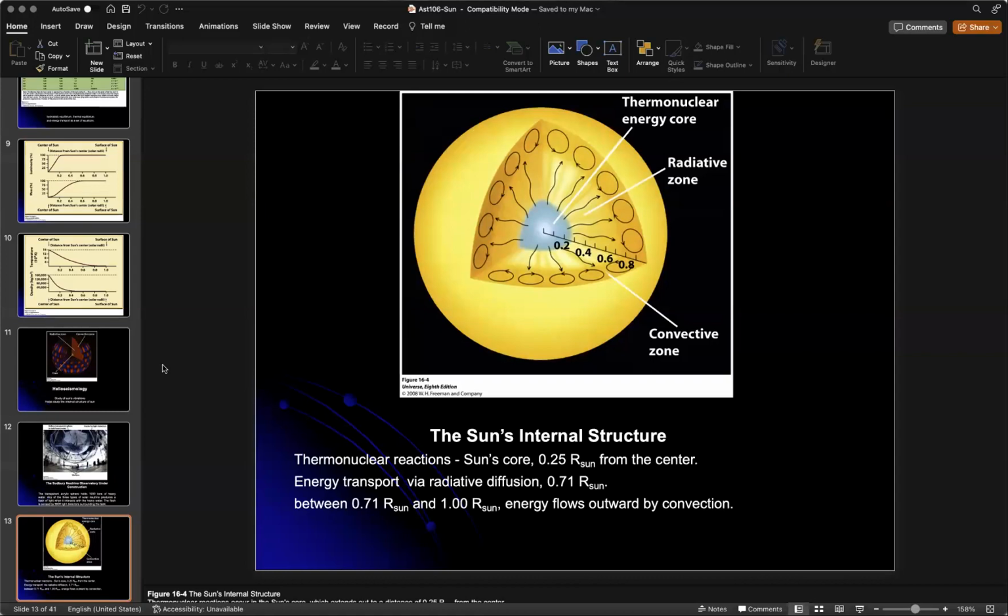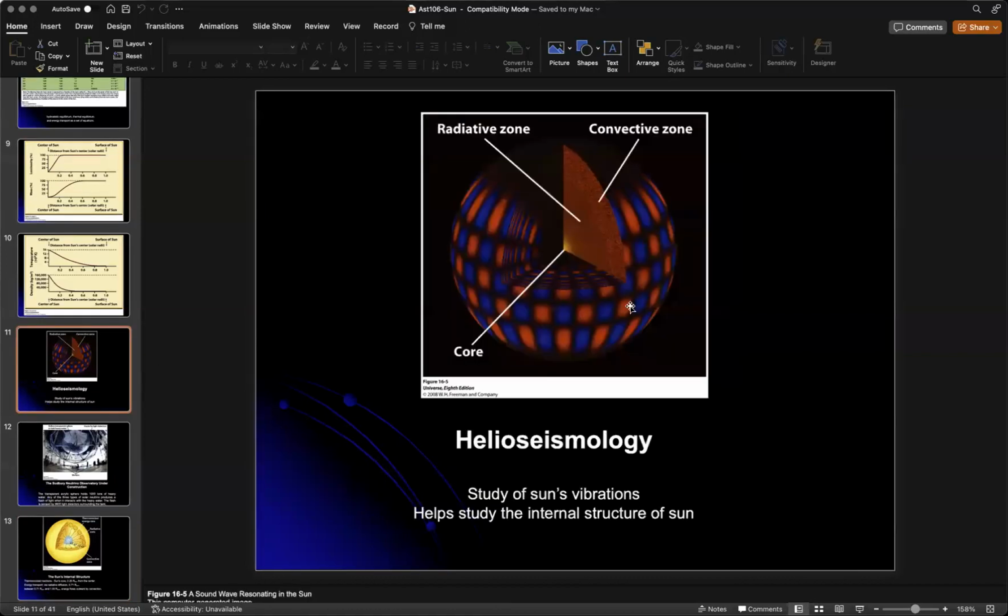How do we know about the interior of the sun? We know about the interior of the sun by study of helioseismology. Just like we talked about in the chapter on Earth, the study of the earthquake waves tells us about the interior of the Earth. In the same way, it was noticed that